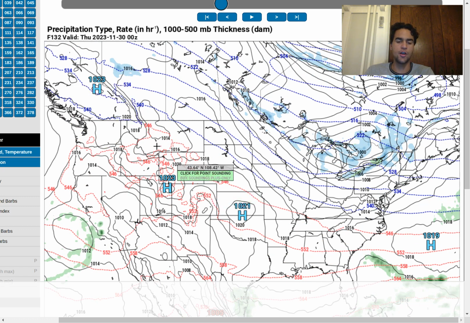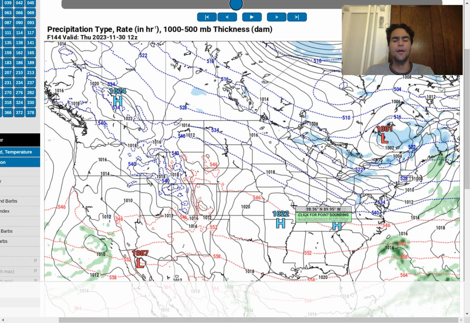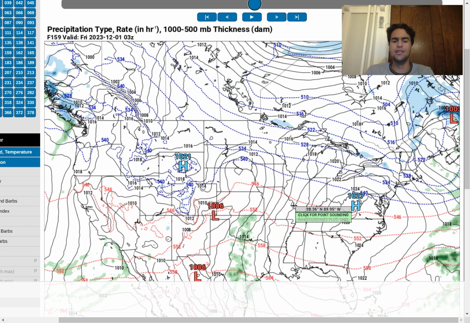And moving forward with the forecast, we're going to see a low pressure system coming off the Pacific Northwest coast move down the Rocky Mountain ranges, and it should bring a small pocket of cold air. And when you bring a small pocket of cold air over a very warm and humid air mass that's located in the south, that's just asking for an increase of convective activity right over Texas, Louisiana, extending into Arkansas as well, and that would lead to our next snowstorm in the Midwest as we approach this coming week.